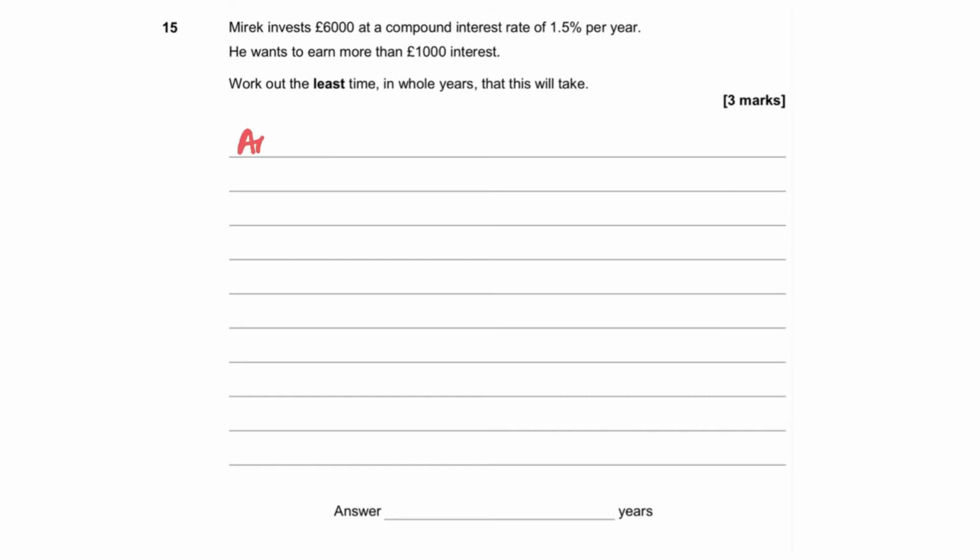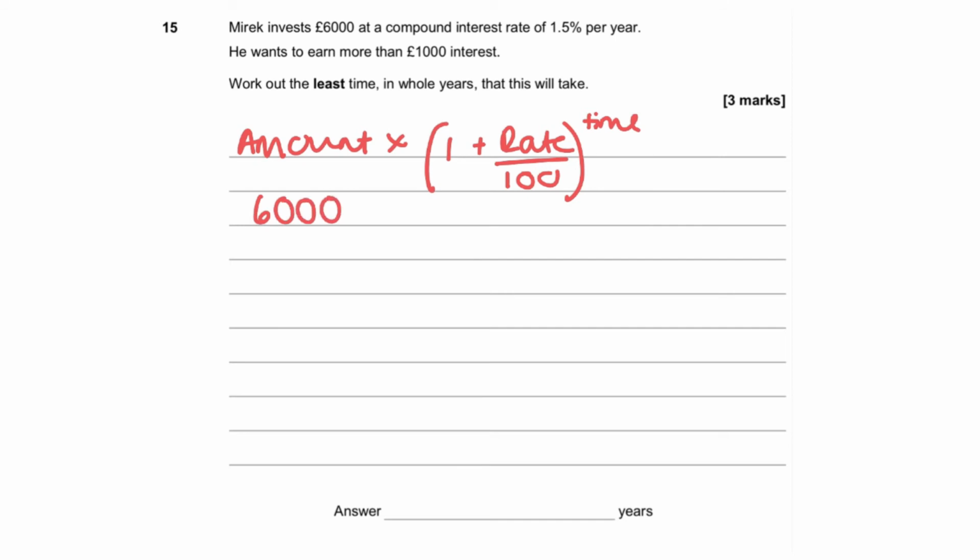We've got amount times 1 plus the rate divided by 100 to the power the time scale. So it's going to be plus the rate divided by 100 because we want the money to grow. So we're starting with £6,000 times 1 plus 1.5 divided by 100, and then it's the time scale that we